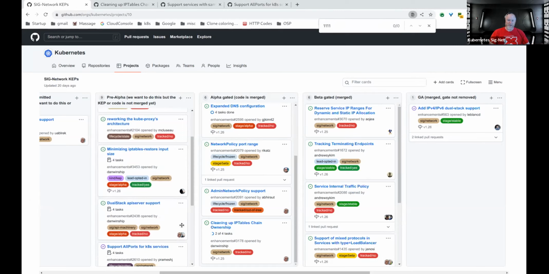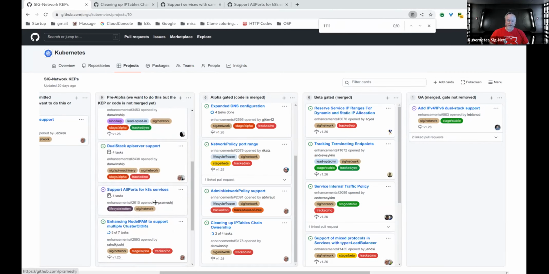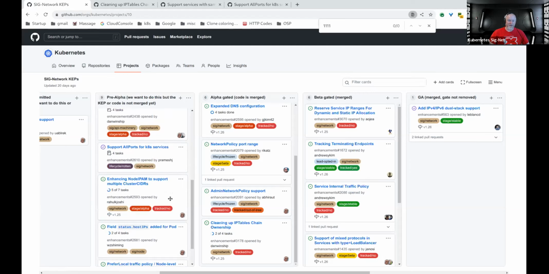Dual stack API server support, that's another Dan ship. Nothing happening there, right? Yeah, nothing happening there. Okay. Don't feel bad. There's so many things going on. All ports I know is stalled. Node IPAM multi-cluster. Is it stalled as in people are not working on it, or it's looking for people to work on it? Do you know? All ports was stalled because all the possible implementation avenues were kind of terrible, and the person who was working on it from Google changed teams. So okay. It will fall off the list if nobody picks it up.